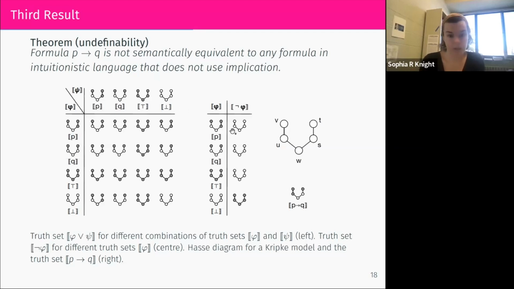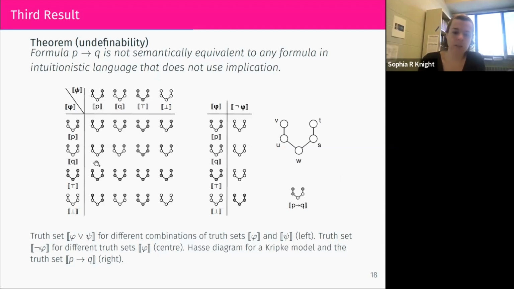And remember, negation is not just complement. Negation looks at all the sets that are above and checks whether a formula is true there. So, for example, not phi ends up being false everywhere, because if you look at the bottom state, there's a state above it where phi is not true, right? And if you look at this state, it's not true there, so that automatically makes not phi true there. And then at this state, we actually flip the truth value because we're not looking at the states above, because it's at the top, and so on.